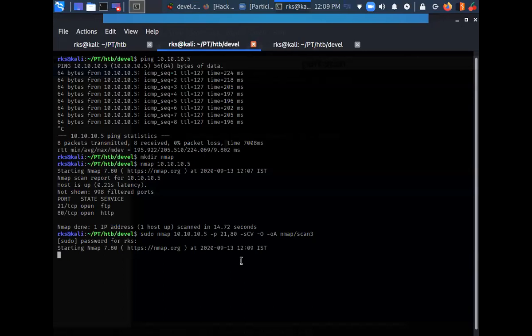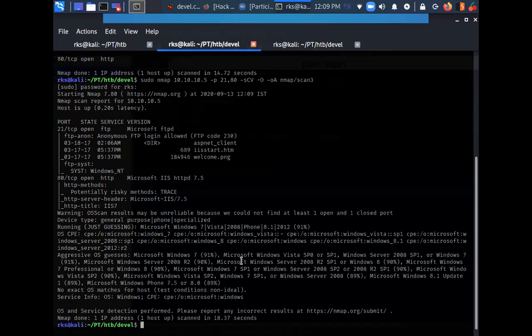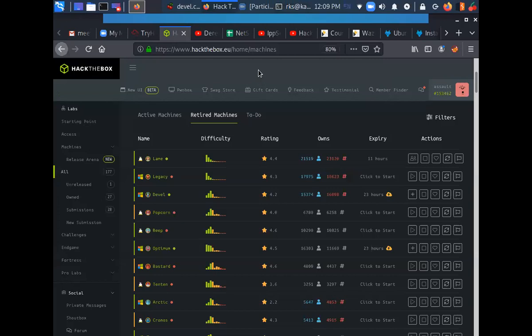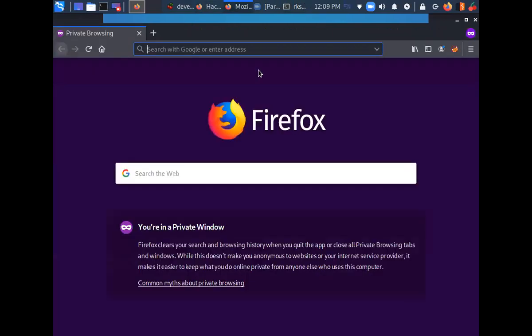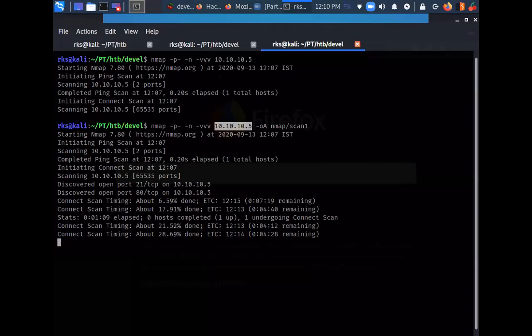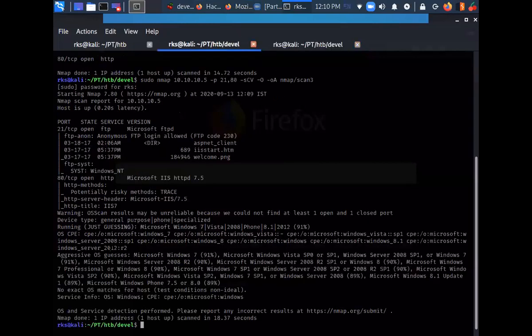Let's see. Meanwhile, these scans are running. This one is 28% completed. Let's open the browser and try to visit this IP address.